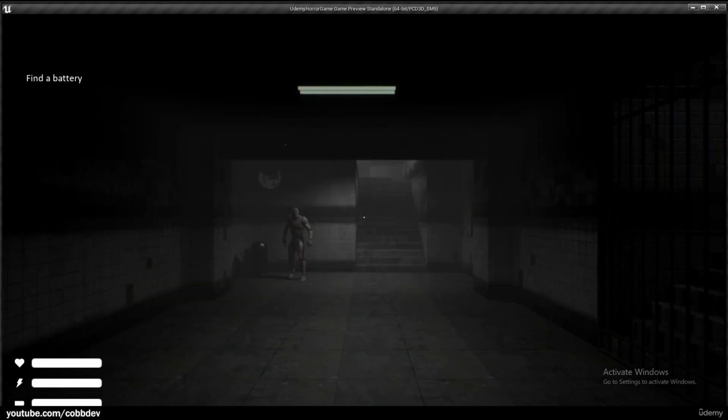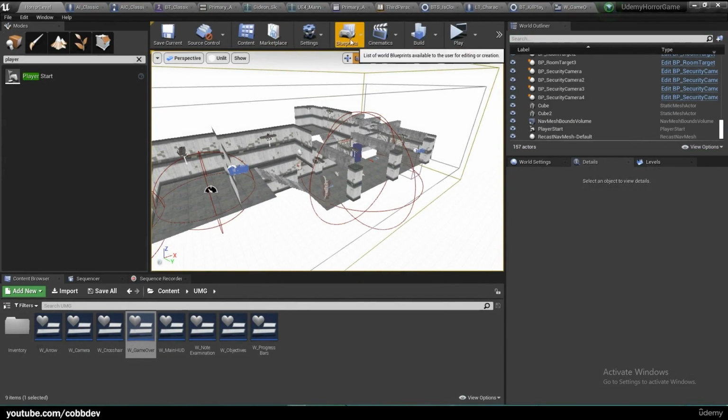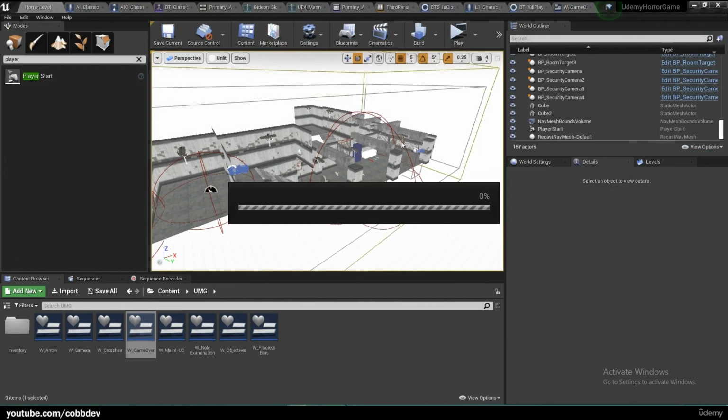Restart, and we are in that location. But we have a problem. We can't move and we can't look around because we disabled that. So let's open our level blueprint. Go here to Blueprints, open Level Blueprint,